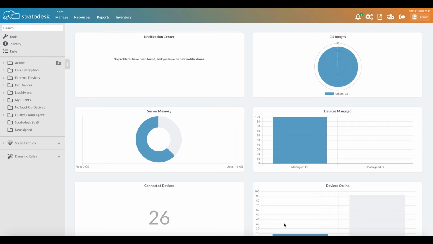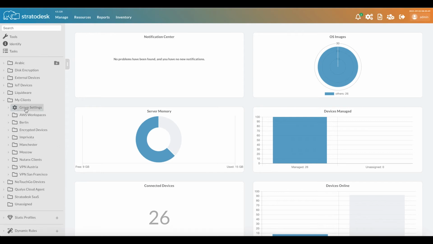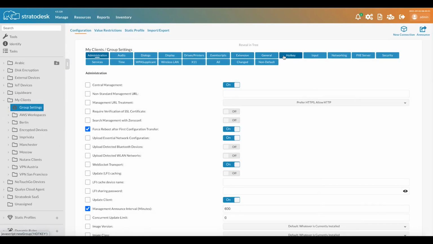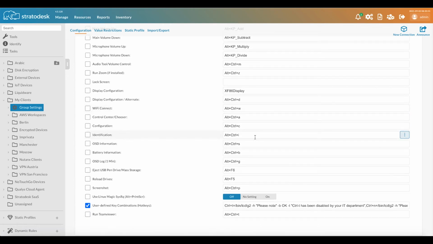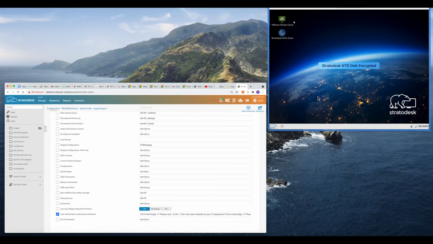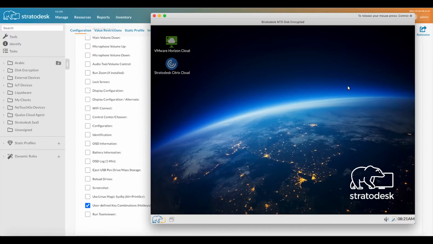Well, with the identify function, none of that is required. The tool itself is actually set as a hotkey. We can see that in the group settings, and if we scroll down, we can see that that is set as Control Alt and I. So to use this function, all you need to do is to tell the user to press Control Alt and